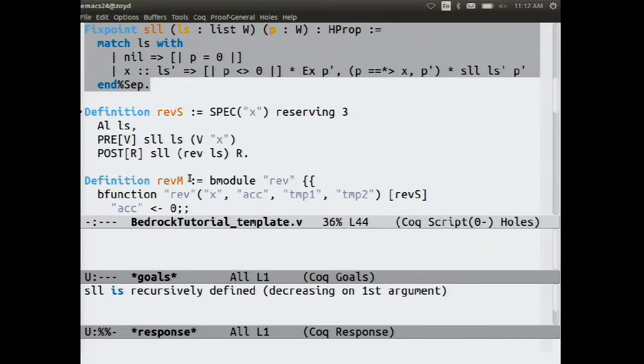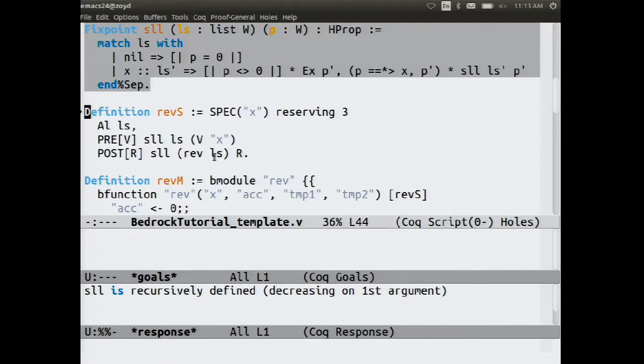All right, so let's reverse a list in place. This is a function whose formal parameter is called x. It's going to need 3 additional stack slots, not implied by the spec without that annotation. Consider an arbitrary list, and imagine when you call the function, that list is pointed to by variable x. When we return with return value r, then that return value should be pointing to a list that represents the reverse of the original list ls.